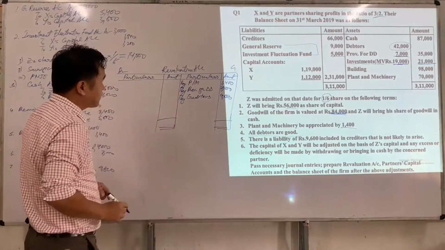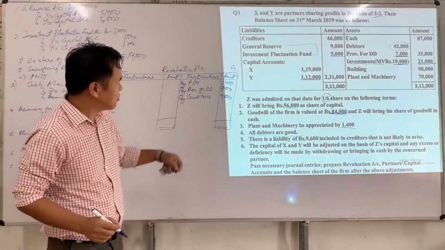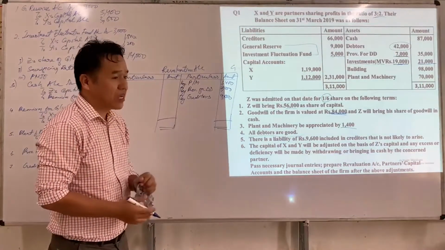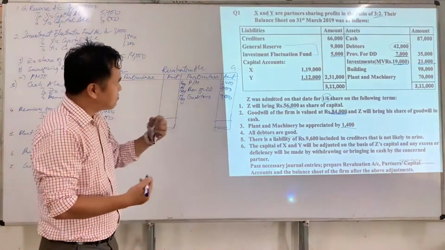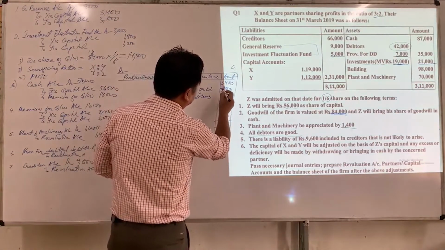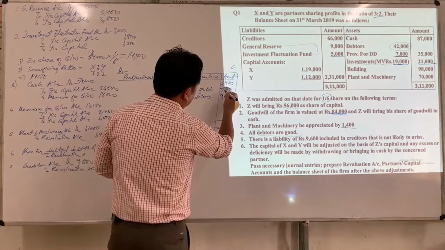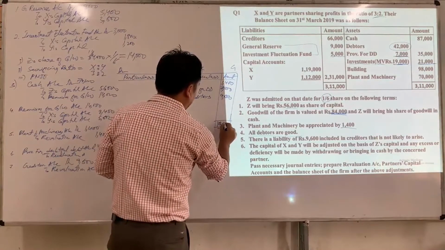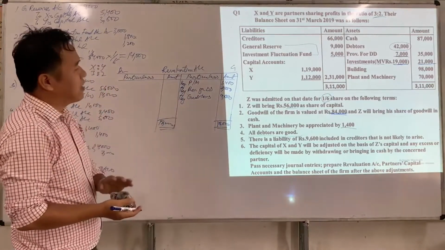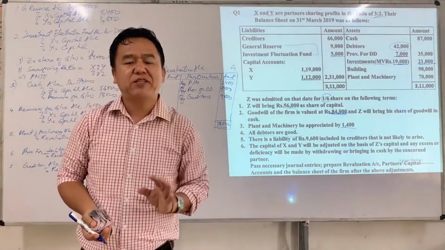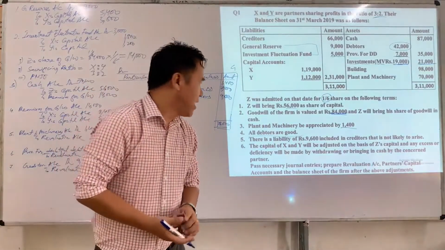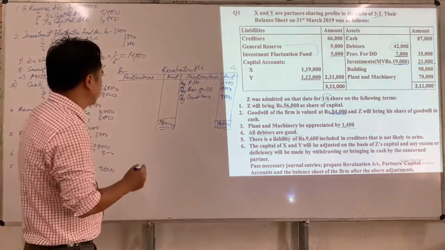So here we can see that revaluation account shows a credit balance, since the credit side of revaluation account is more than the debit side. So we have to write the total of the credit side. In total how much did we get? 18,000. So the same amount should be written here. Since revaluation account shows a credit balance, it indicates profit, and that profit should be transferred to the capital account of old partners in their old profit sharing ratio.